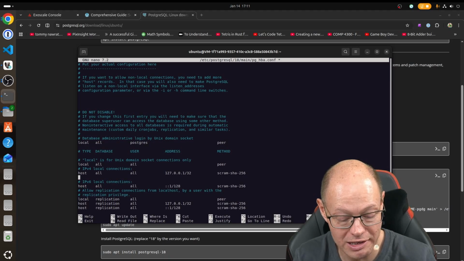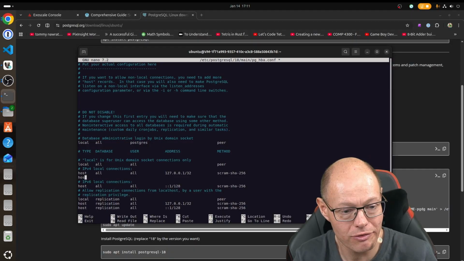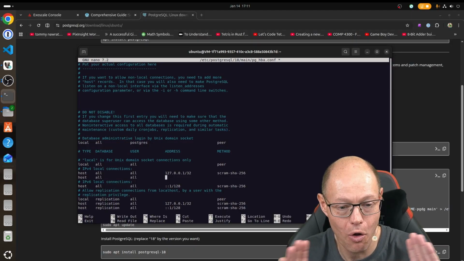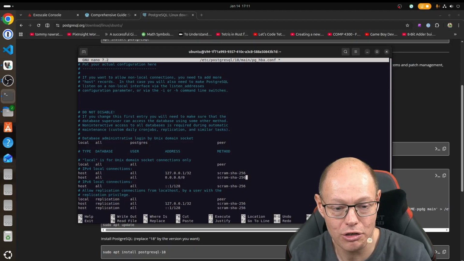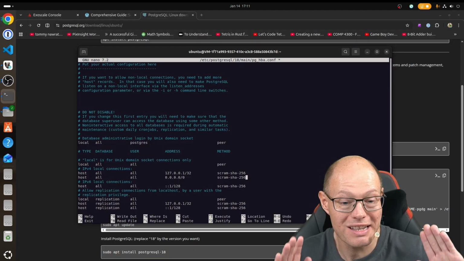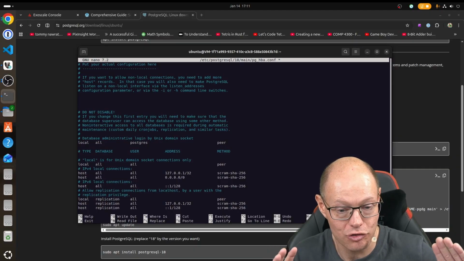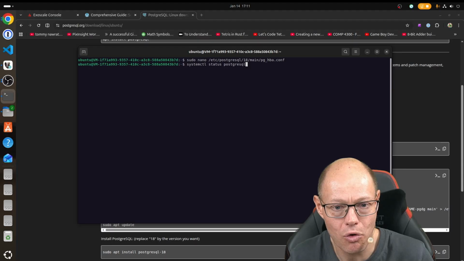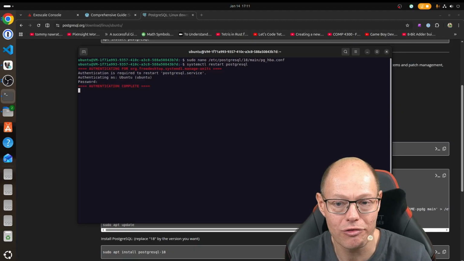Again, I'm making here things very, very simple. I'm not limiting anything, means we are just configuring here Postgres in a way so that every IP address around the whole world is able to access our Postgres installation. So this is not secure in any way, so please never ever do that in a production environment. This is here just a demonstration, nothing more. So let's save that, and again we need of course a restart of Postgres when we have touched a configuration file like the